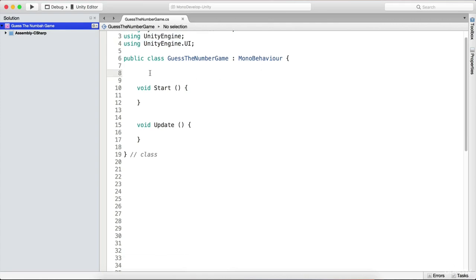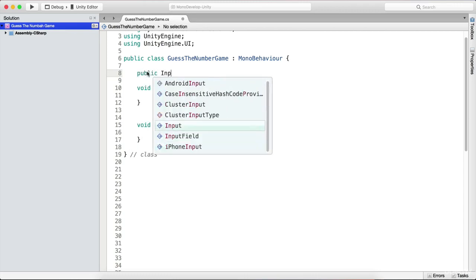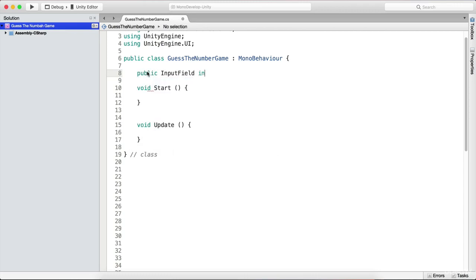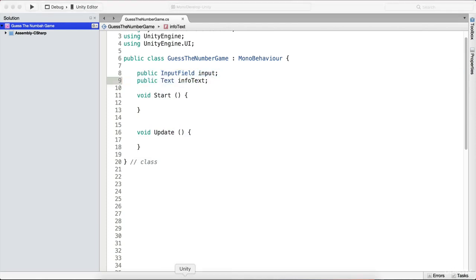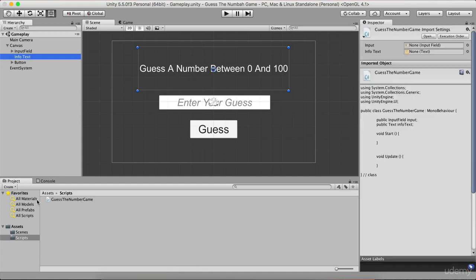So what we need is ourselves a reference to the input field. So I'm going to say here public InputField, and I'm going to call it simply input. And we also need the text. So I'm going to say public Text. I'm going to call it infoText. We set them here to be public because now if we go here in Unity, in order for us to